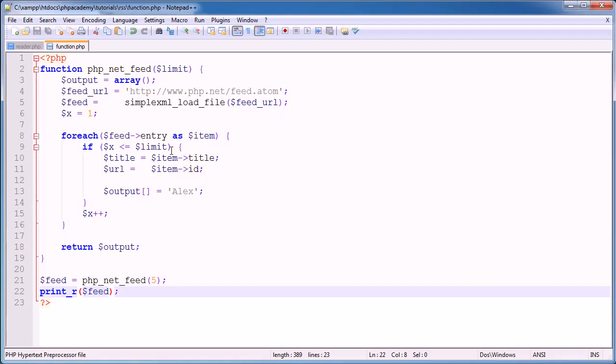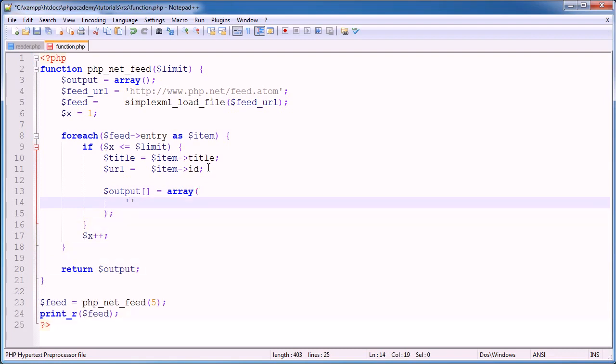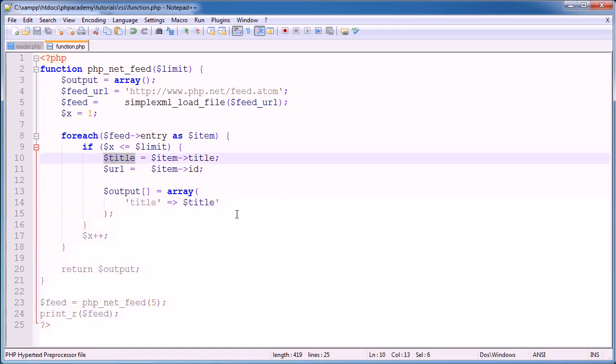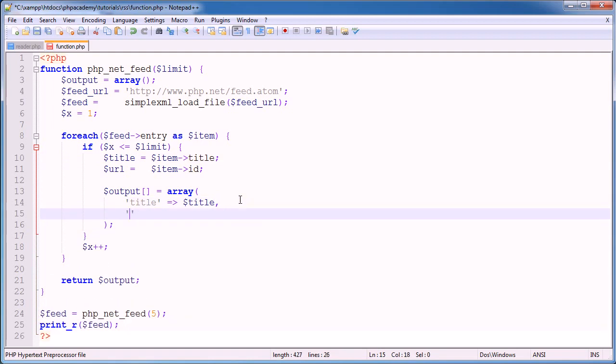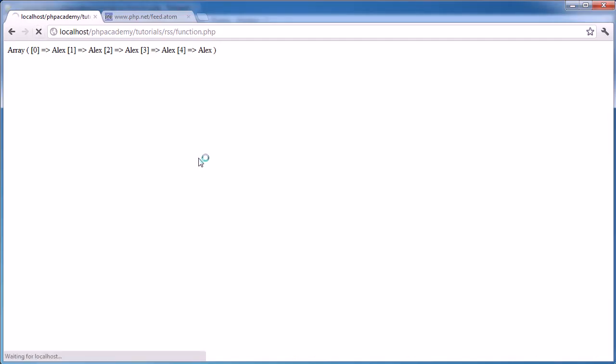Okay, so we've got 5 Alexes. What we actually want is 5 arrays. And the reason we want 5 arrays is because we're going to have, first of all, the title, and that's going to equal the title up here. And then we're going to have the URL, and that's not going to equal but contain, so we're not really saying equals, that's going to contain the URL. Okay, so now when we go ahead and we print,